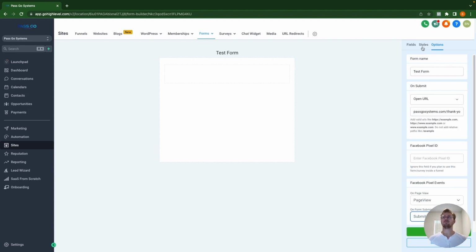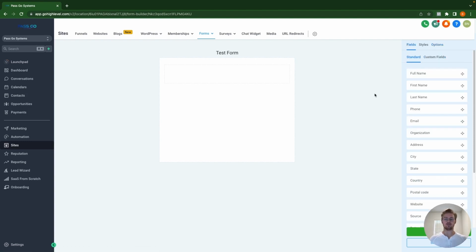So we've gone through styles, which is all the aesthetics of the form, and we've gone through options, which is just what happens when the form gets submitted. And you also name the form here. So now we're going to go into fields. Now I'm going to put every single field that we've got in here so that you can see what each of them does. So to start out, we've got full name,